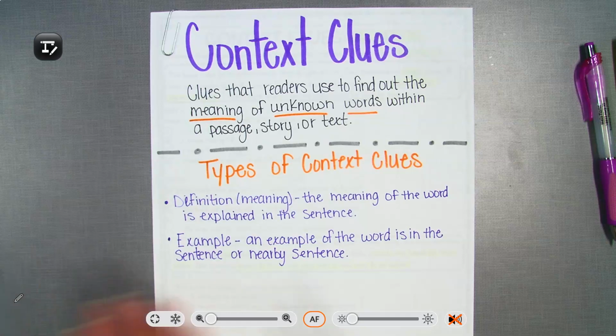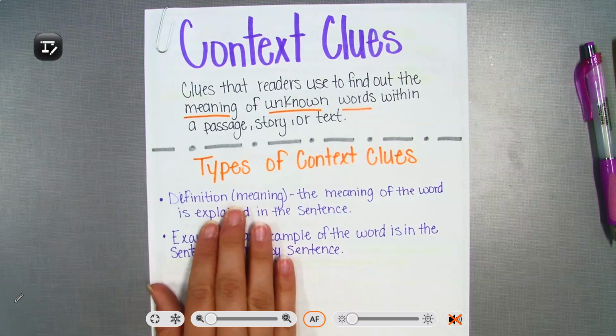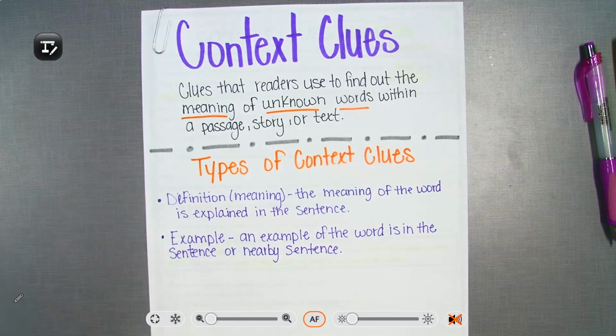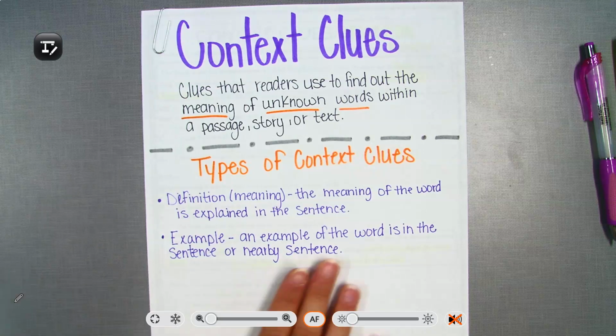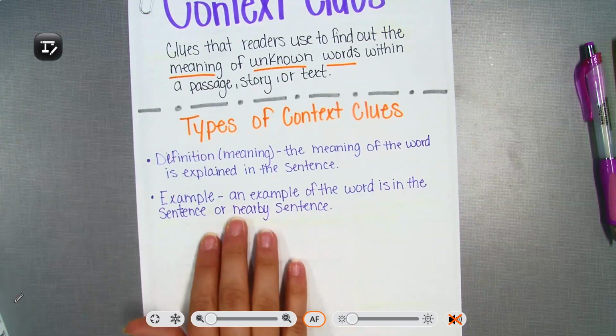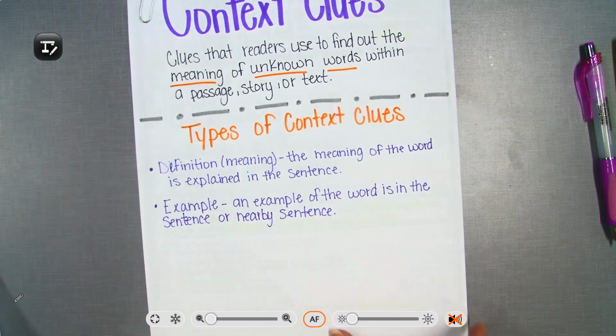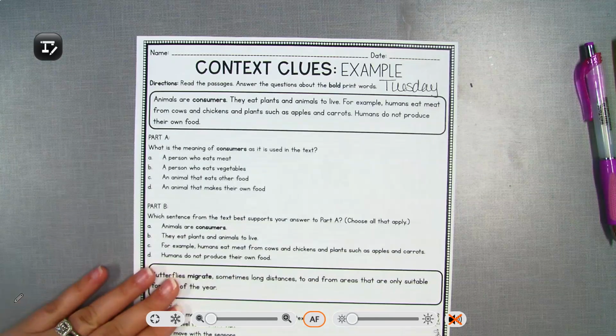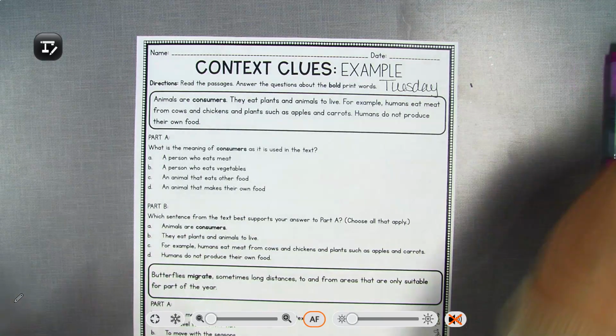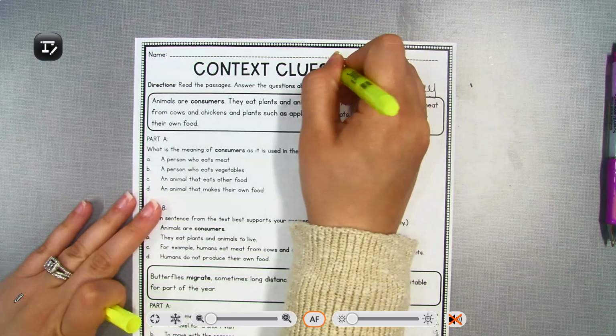And so yesterday we talked about the author will put the definition in with the word, so the meaning of the word is explained in the sentence. Today we're going to talk about how the author will put an example of the word in the sentence or nearby the sentence. So you're going to need the handout that says context clues, and we're using the one that says example